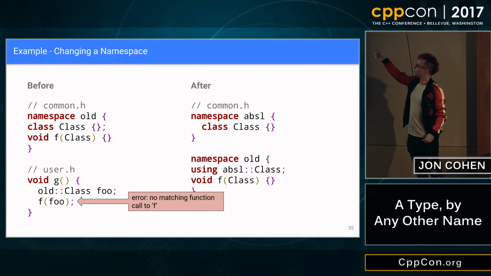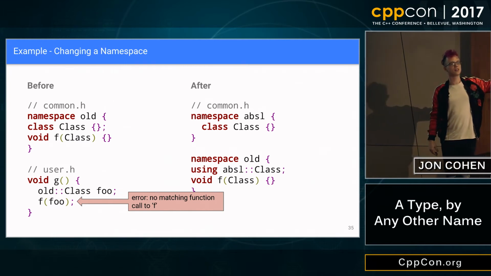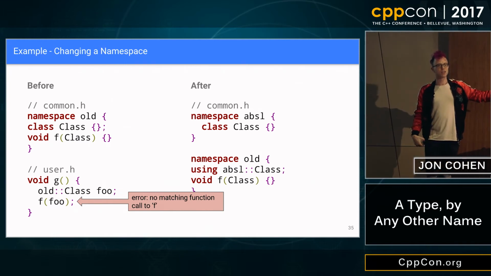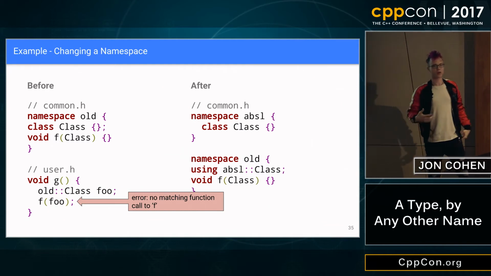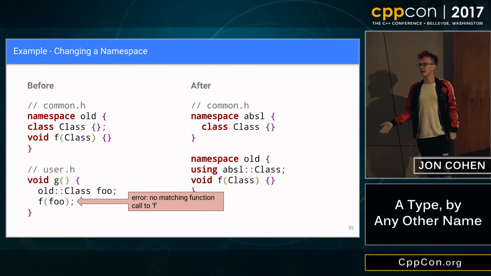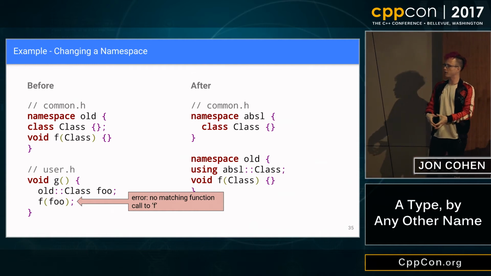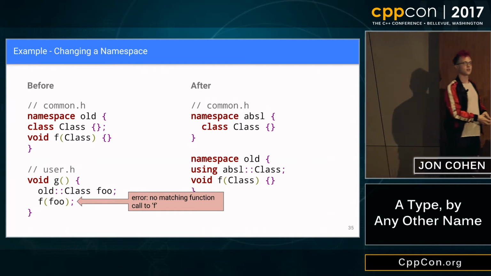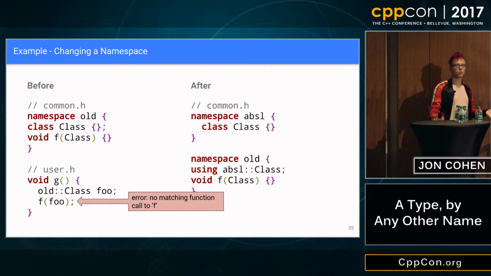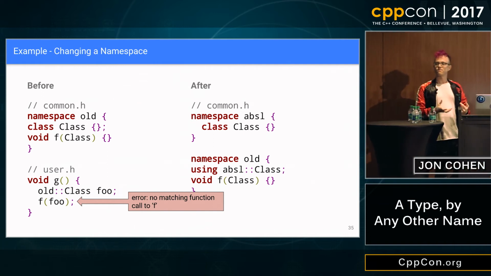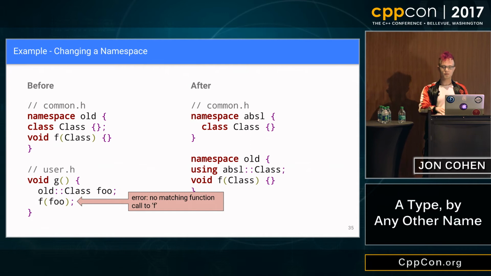But the library author, people who are working on common.h, they have no way of knowing that you're calling them via ADL. So they've been broken by a spooky action at a distance that they weren't aware of. And this is going to slow down the refactor. This is going to slow down the maintenance of the core parts of the code base because the function f was called in a way that was not, my words are failing me, it wasn't expected.